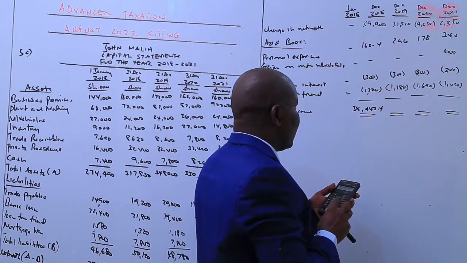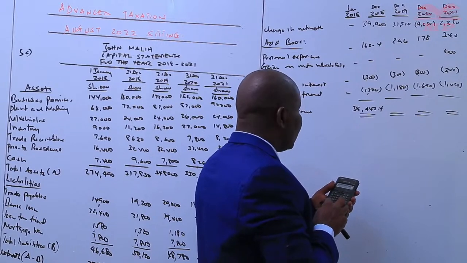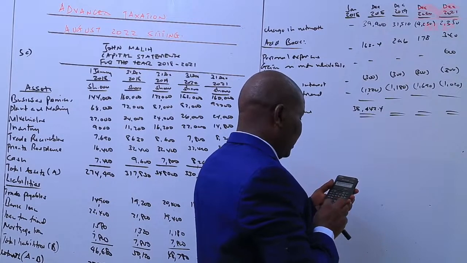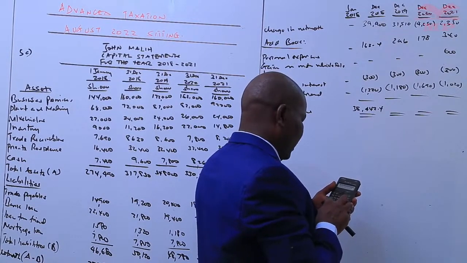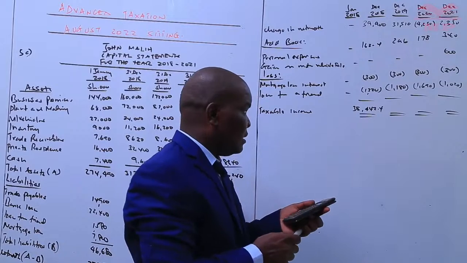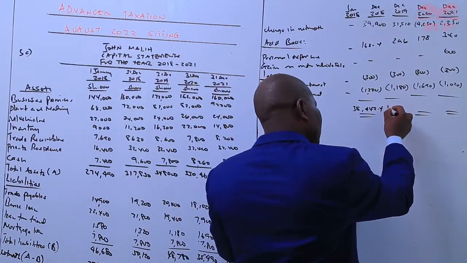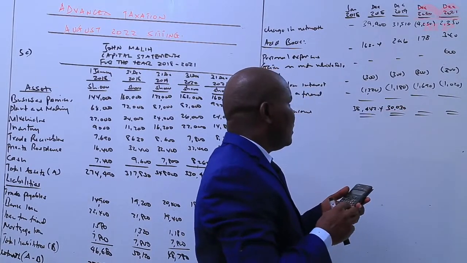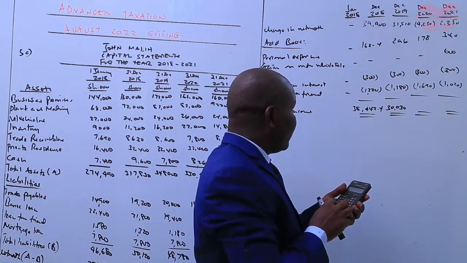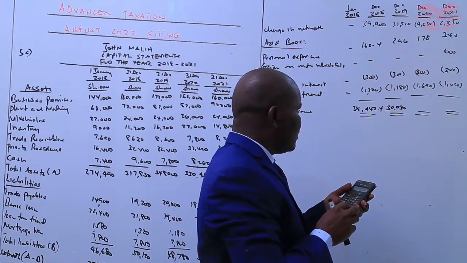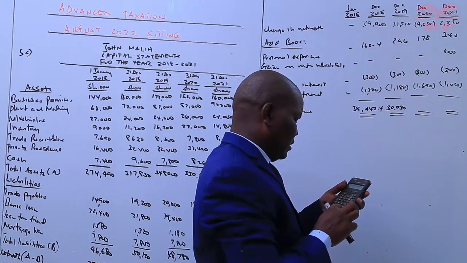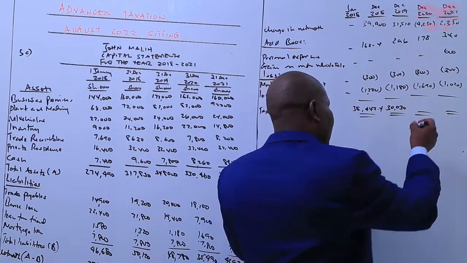2019, I have 31,510 less 300 less 1180. I get 30,030. 30,030. 2020, we have negative 4250, we less 300, less 1690. I get 6240